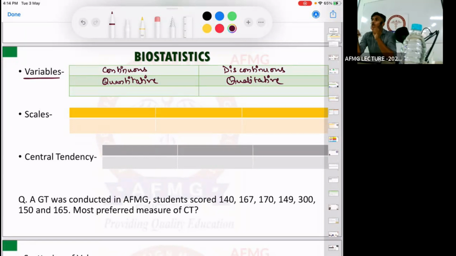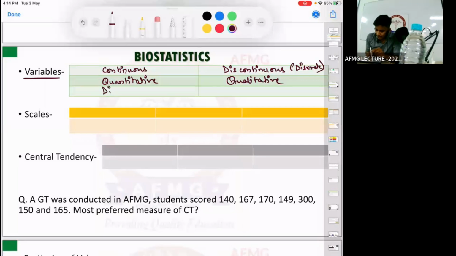On the other hand, if I talk about qualitative variable, again something like religion, sex, okay, no one is superior to the other, so it cannot be compared and it cannot be measured also. You are not 50% male, you are 70% female, nothing like that happens, right? Either you are a female or a male, either you have A blood group or B blood group. Nothing like 80% or 50%, something of that kind. So that is qualitative variables. Here it cannot be compared with each other. Important thing. Usually discontinuous variables are also known as discrete variables.